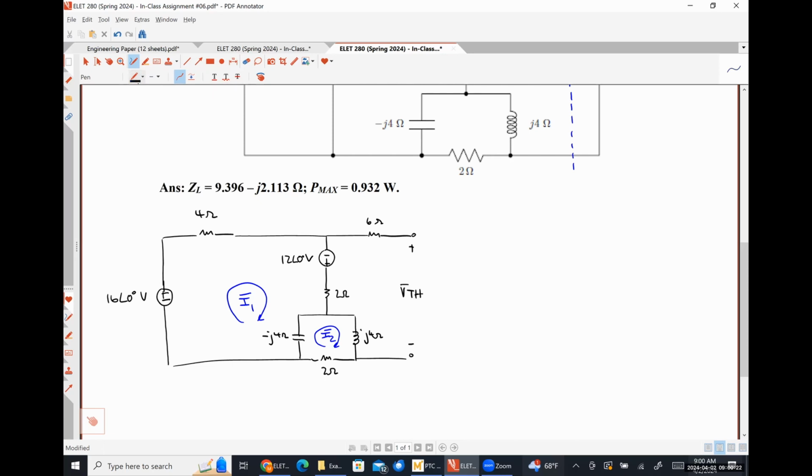So if I did KVL around mesh 1, I would have negative 16 angle 0 degrees volts plus 4 ohms I1 minus 12 angle 0 degrees volts. This is all the same line. Plus 2 ohms I1